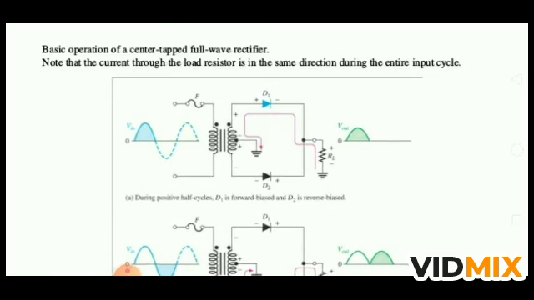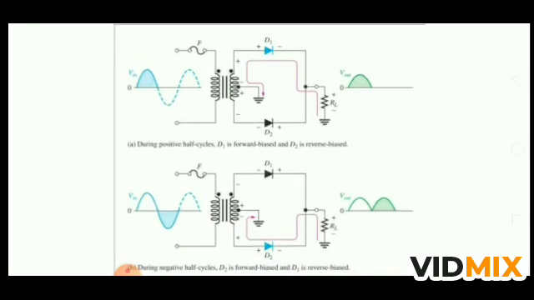If you see in this diagram, you will understand what is happening here. If you see the transformer, there are primary and secondary coils, and the center of this transformer is earthed, means it is made zero potential. And when the input voltage, the blue dotted line or blue waves, is positive in its half, D1 will behave like forward biasing, and we are getting a V output with a green color.